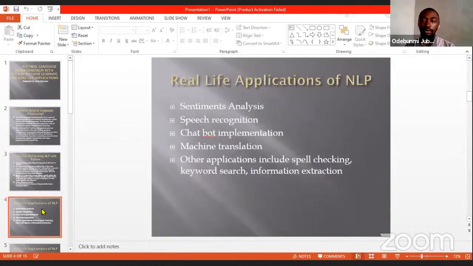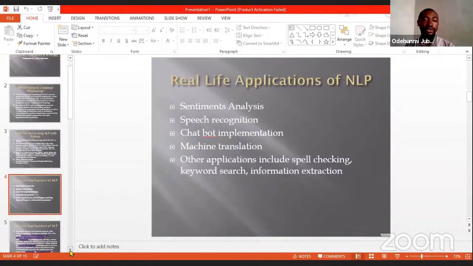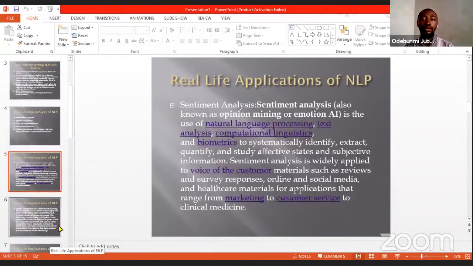So let's quickly look at the real life applications of natural language processing. First, we have sentiment analysis. Sentiment analysis, also known as opinion mining or emotion AI, is the use of NLP, text analysis, computational linguistics and biometrics to systematically identify, extract, quantify and study affective states and subjective information. What this basically means is sentiment analysis is used to